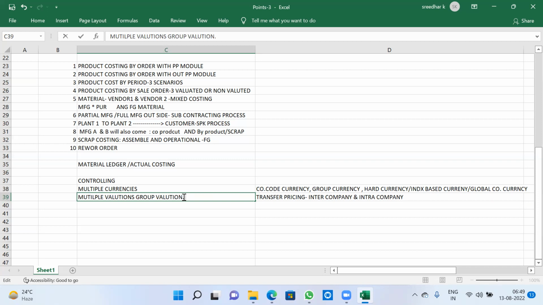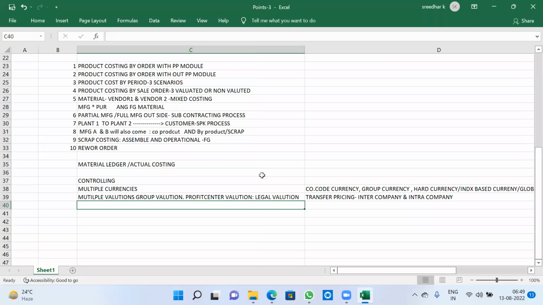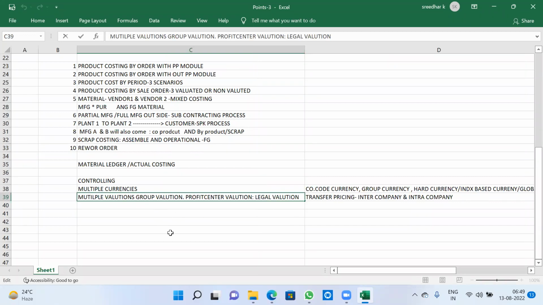Intra-company means within the company, where material is transferred from one plant to another plant. If you want some extra charges, that is nothing but a profit center valuation. Both need to be linked with the legal valuation to prepare the financial statements. So legal valuation, group valuation, and profit center valuation each have a purpose. Group valuation means